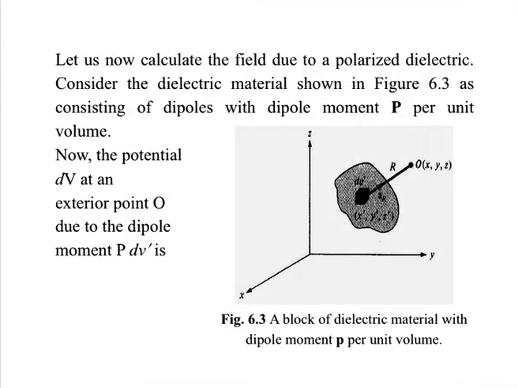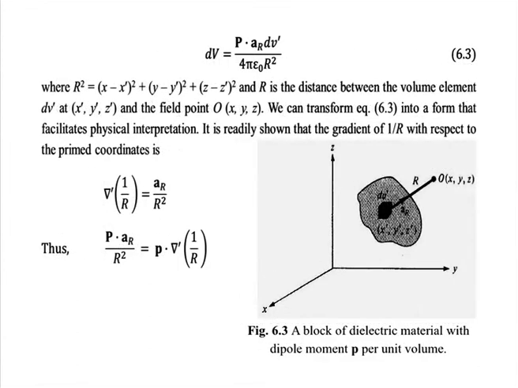We shall now calculate the field due to a polarized dielectric. Consider in figure 6.3 a dielectric material which has dipole moment P per unit volume, and we are required to find out the potential at point O, whose coordinates are x, y and z, due to the dipole moment P dV', as can be seen in figure 6.3. The incremental potential is given by equation 6.3, given by P dot a_R dV' upon 4 pi epsilon naught